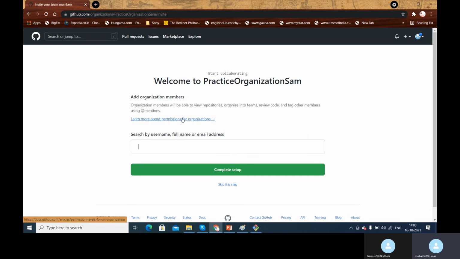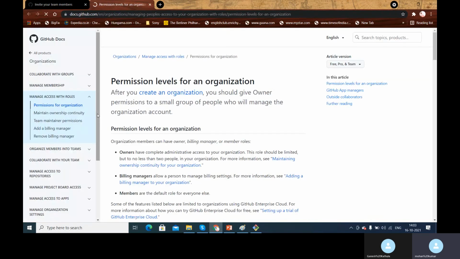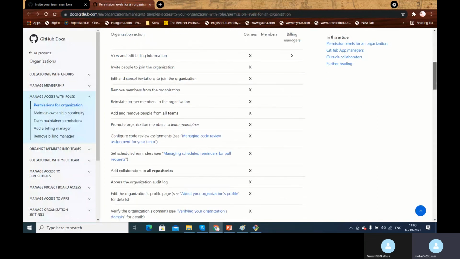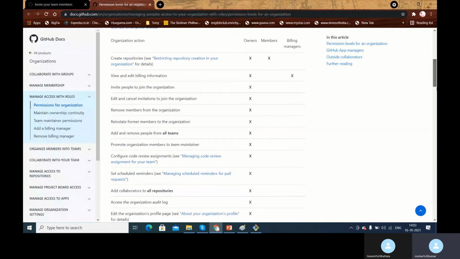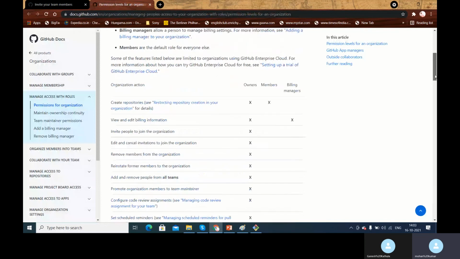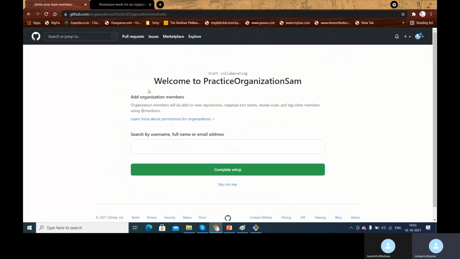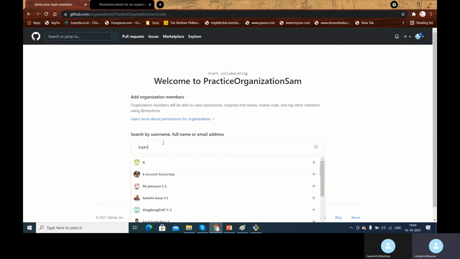So here you can get all the details on who will have permissions, like ownership and billing managers for this organization. These are all the permissions: owner, member, and billing managers. These people will have permissions for these things, like editing billing information and all these steps. You can explore this part, but I'm just showing you how to create an organization. Let me add K Ganesh